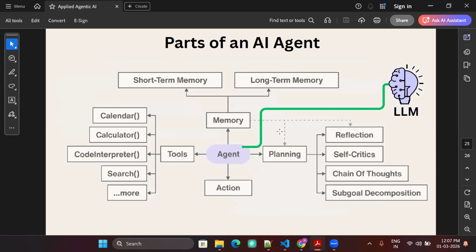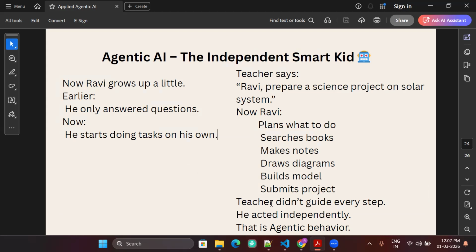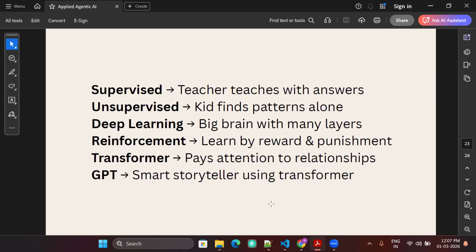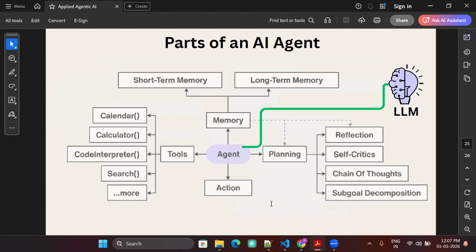So now we will go to the architecture of an agent, because we went through different parts of that. We went through the journey of supervised learning, unsupervised learning, deep learning, transformer architecture, then GPTs, agentic AI, and now we will see under the hood how it works.